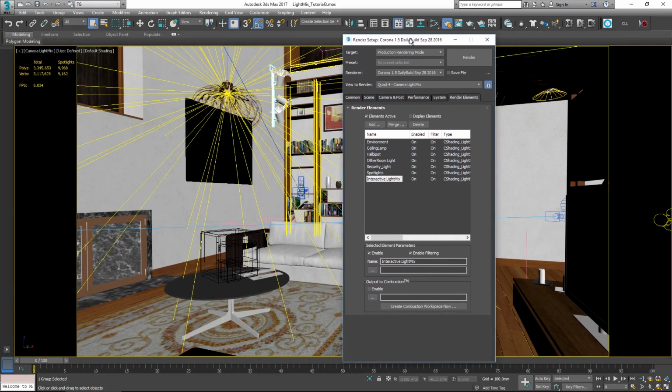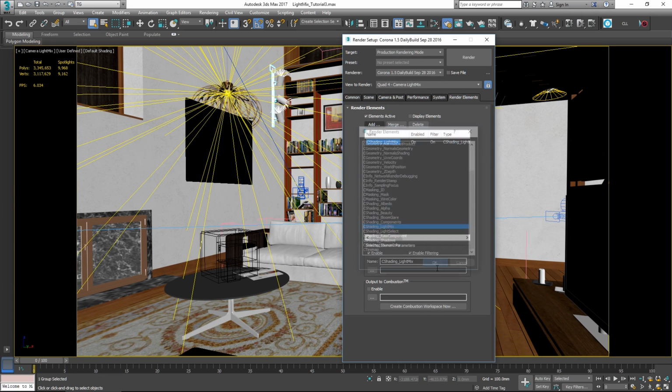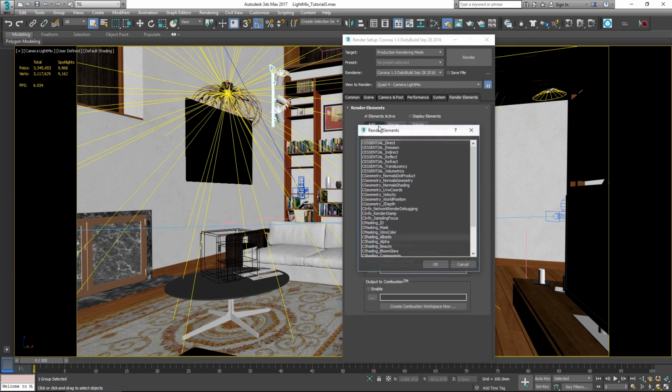Okay, let's have a look at setting up the scene manually. It's still also very easy. What I'm going to do is delete all the elements that were added with the automatic single button press, and I'll walk you through how to add them in the scene. So first thing you need to do is add a C shading LightMix. Every scene that uses LightMix needs one of those. Next step is to add a C shading light select,